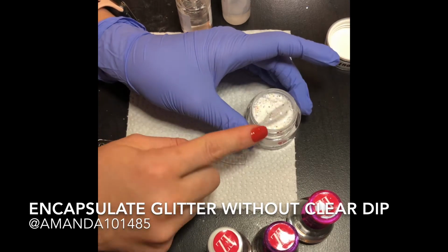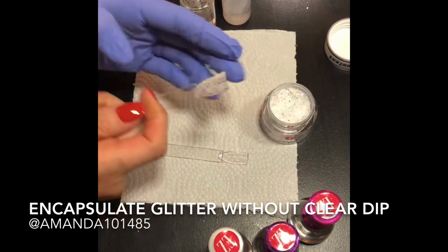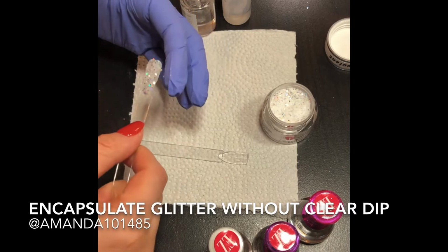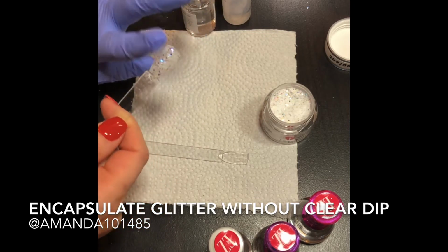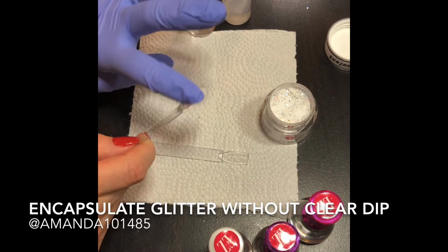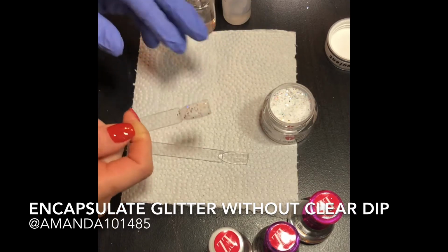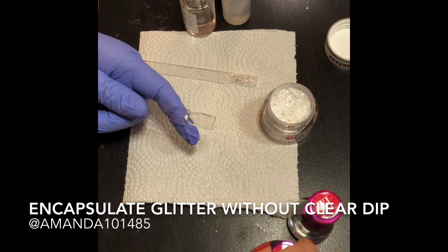And then I have a glove on because usually I just do this with my hand, but I literally just got my hands cleaned up after doing my manicure tonight. And when you push down on the chunky glitters, you get base coat on you sometimes, and I don't want to have that on my hands. So that's why I'm wearing a glove. But yeah, so basically dip it in, pat it down, and then we are going to take our Pro Base